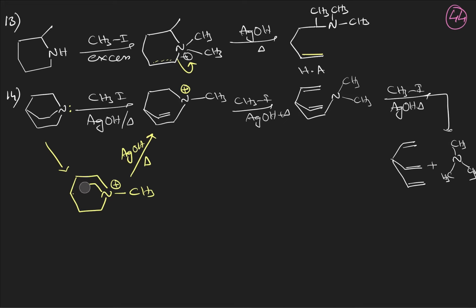one second. If you want to write in the similar manner the product as given here, I will take the bridge downside. So here what happens is the trialkyl amine will leave like this, and this is the beta carbon from which a H plus ion will be removed, and you will get an alkene like this one.